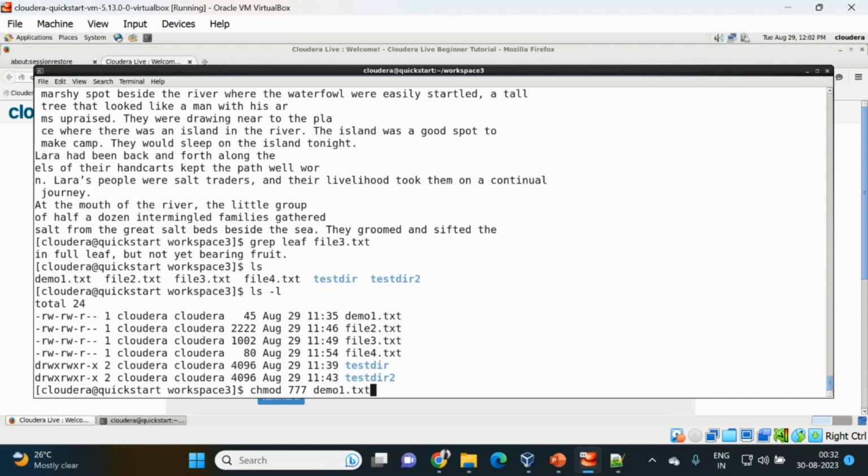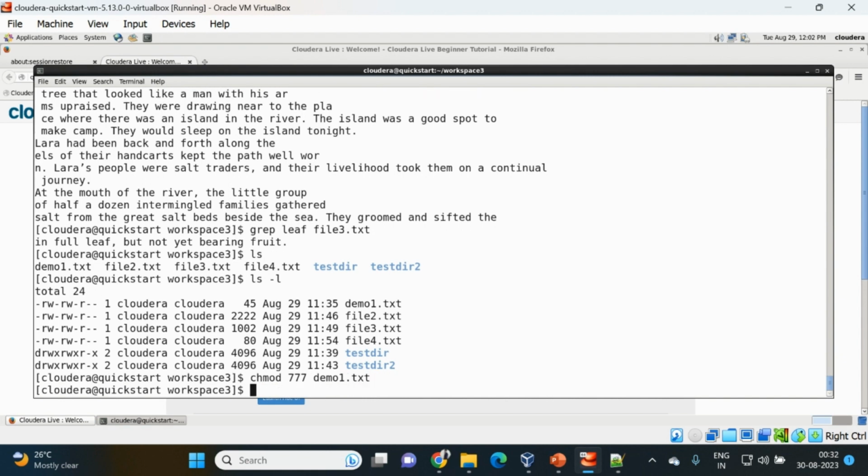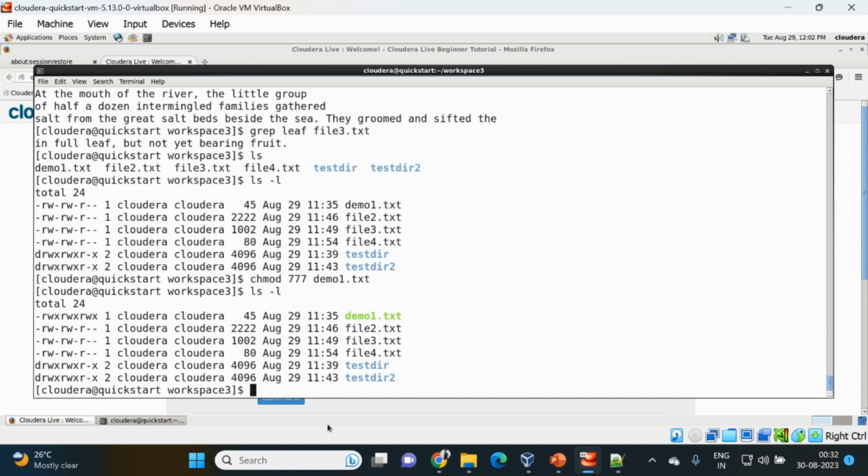Demo1.txt. Now press enter. It is executed successfully. Again we will check ls -l. Now you can compare these two. Demo1,